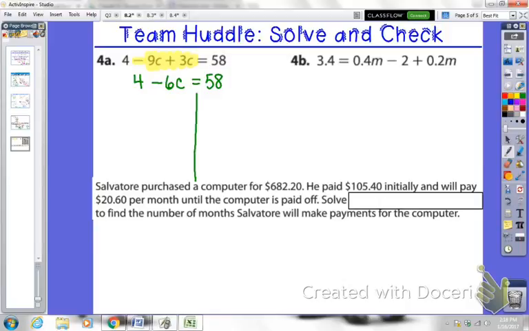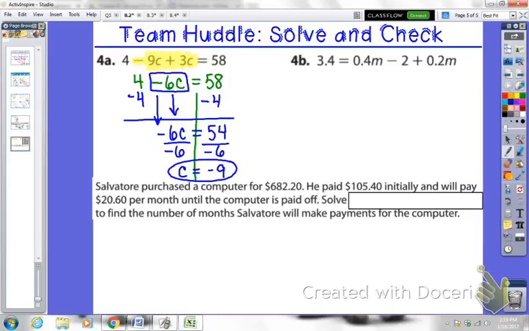Drop my line. I'm going to take away 4 from both sides first. And be careful here, this goes together. This is a common mistake students make. They might drop a 6c, but that negative sign goes as well. So that's -6c equals 54. Sorry if that stopped, but my final answer was c equals -9. I won't go through the work on this one, but your final answer for 4b should be m equals 9. And the last one, if you purchased a computer for $682.20,